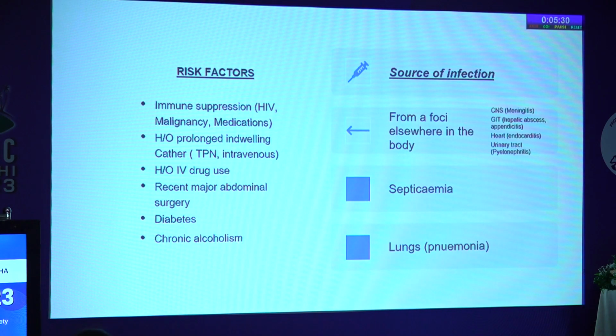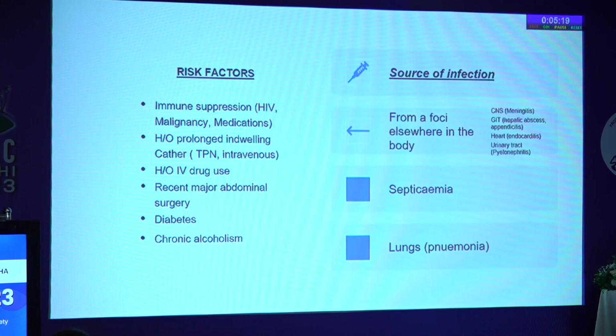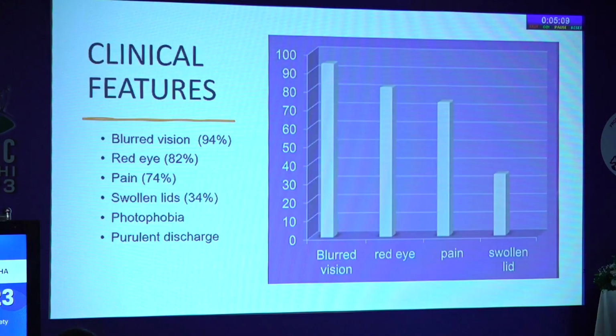So what are the risk factors in endogenous? Immune suppression, prolonged indwelling catheter, IV drug use, recent major abdominal surgery, diabetes, chronic alcoholism, and we must find out the foci of the infection. We have to work twofold. One, to find out the septic foci, and second, to do the treatment part of the endophthalmitis itself. So coming to the clinical features,